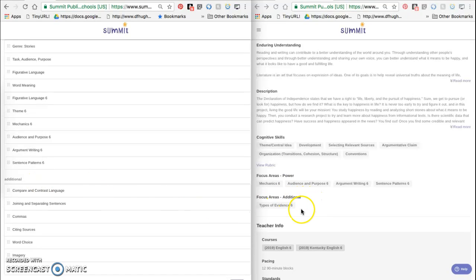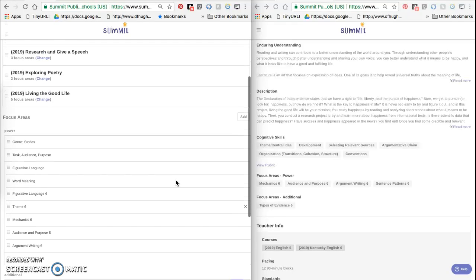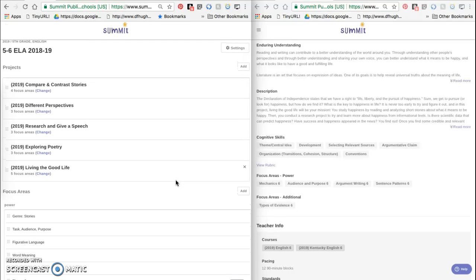Some projects have challenge focus areas, or you can assign challenge focus areas. This one doesn't. So there's one more step to this part before we finish editing. We want to go into the project up here and click on the link that says 5 focus areas change,